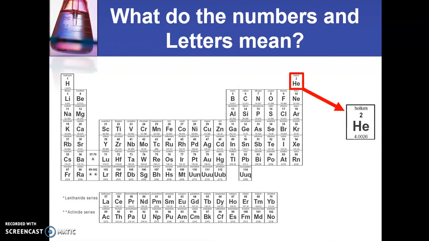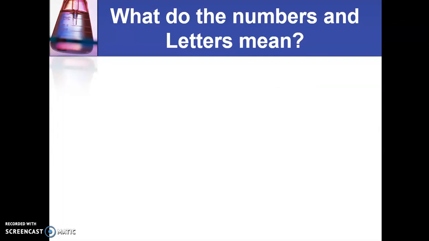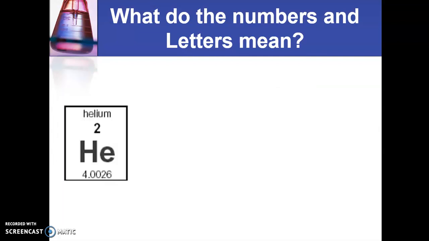And one of the things that you notice is that every element is in a block, which we call an element key. Selected here is the element helium, element number 2. Helium is the second element. The element name is sometimes printed at the top, sometimes it's not printed at the top, sometimes it's actually the second thing down. The atomic number for helium is 2,